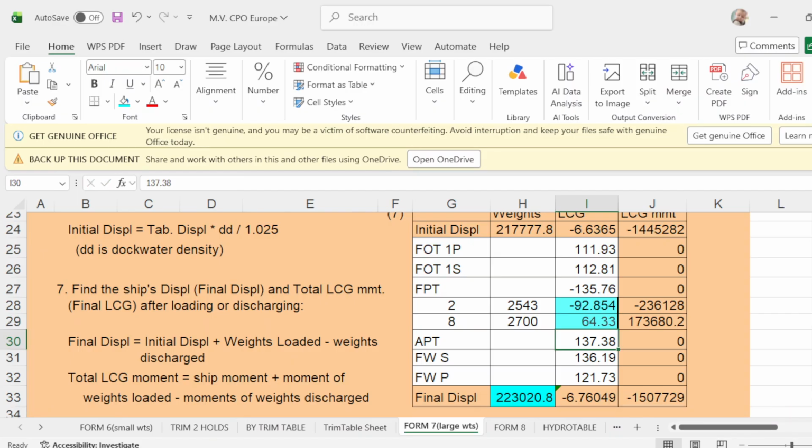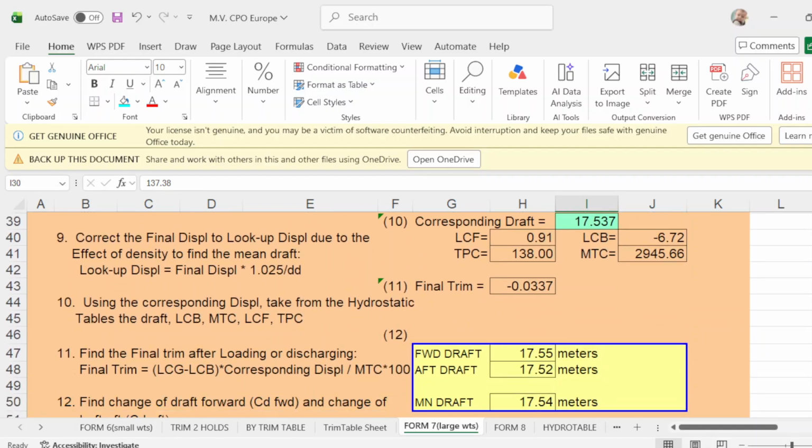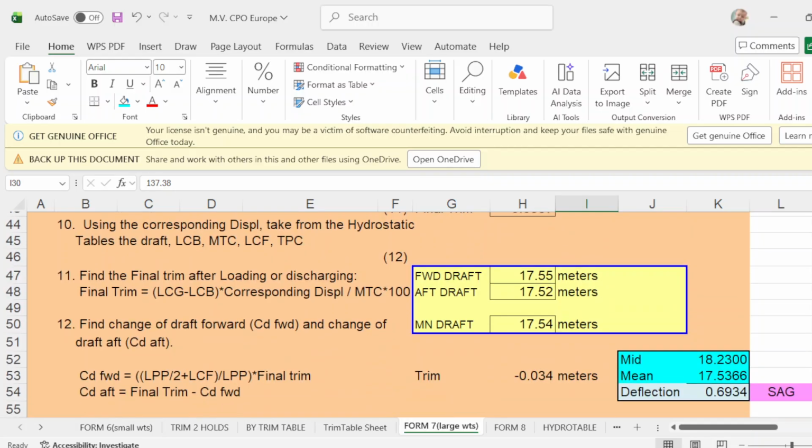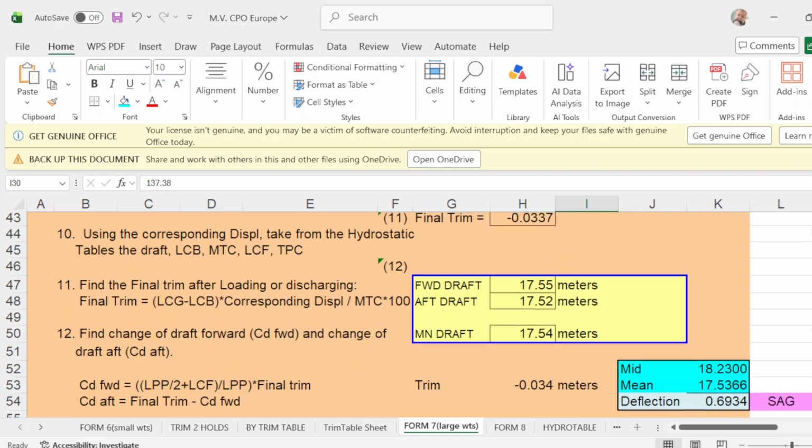And your departure drop 1754, and something wrong with this one. Okay, it should be 1765. Okay, and your deflection is 0.